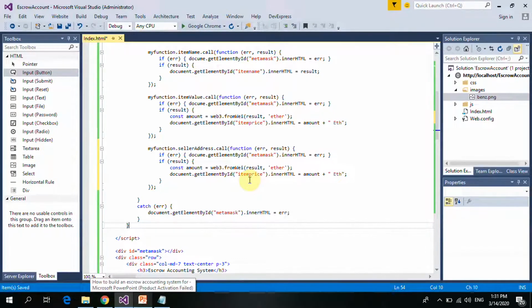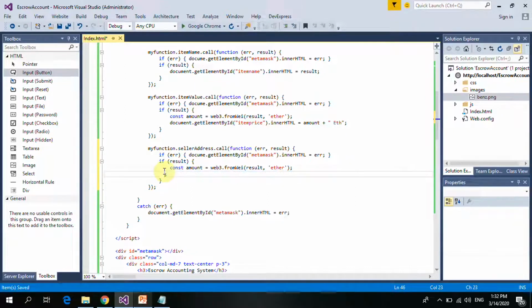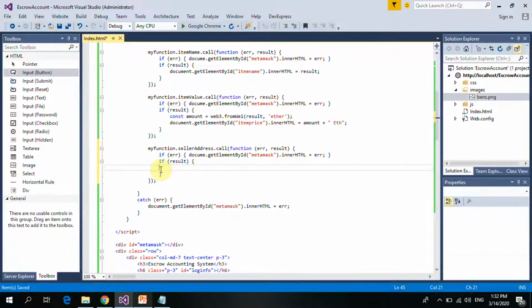check if the logged in account on MetaMask is the seller. So if he's the seller, then we display that button, we toggle it to true. That's the make save deposit button. But if not, we toggle it to false. So we can cancel this, and then we can cancel this. So now after calling this, I'm going to